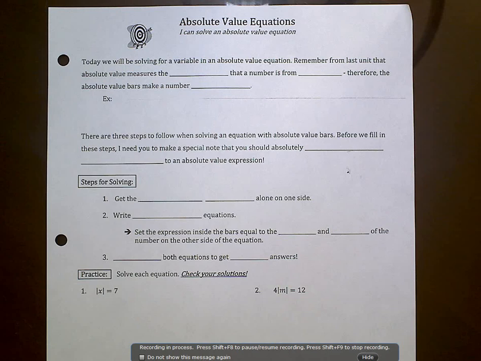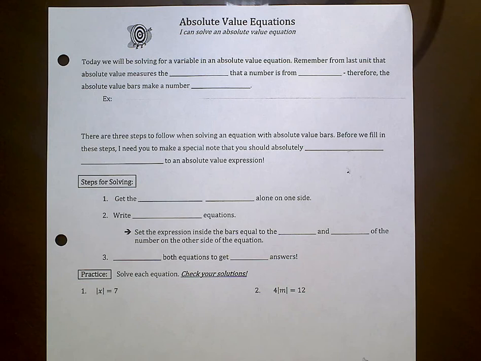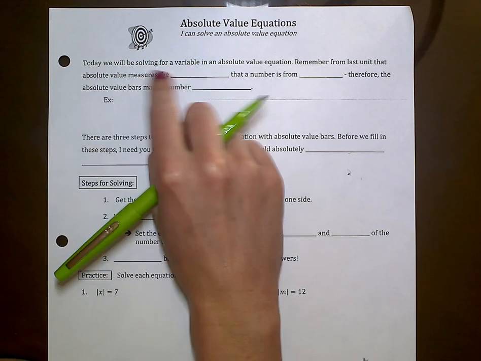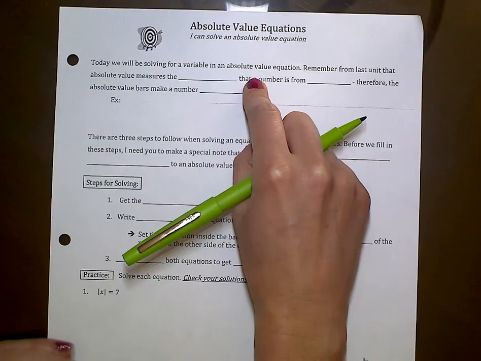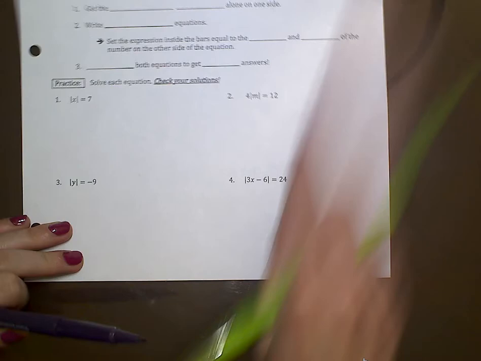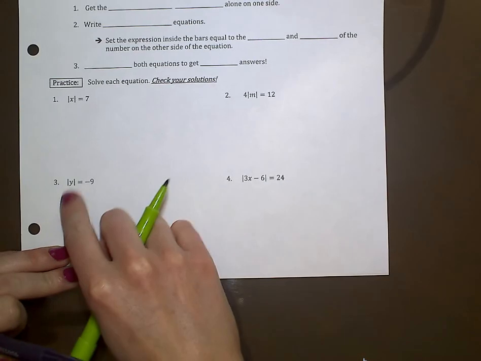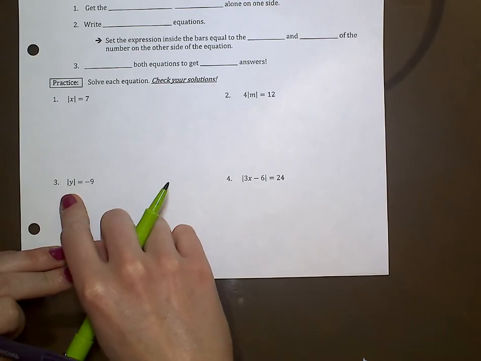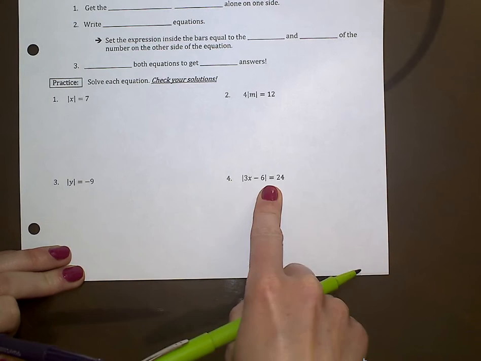Our last lesson in Unit 2 is happening right now, and we're talking about absolute value equations. We've looked at absolute value a little bit when we were doing order of operations, but today we're going to be solving for a variable in an absolute value equation. So you can see what the examples look like. We're asked to solve for x, y, whatever the variable is, and I've got those absolute value bars within